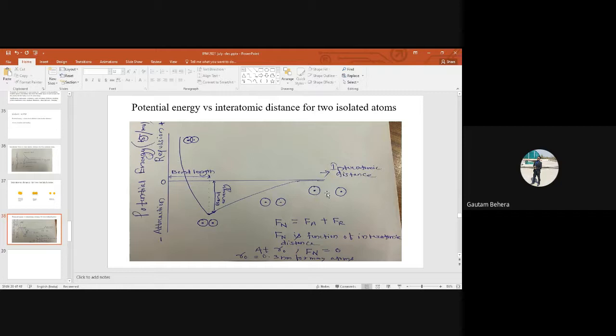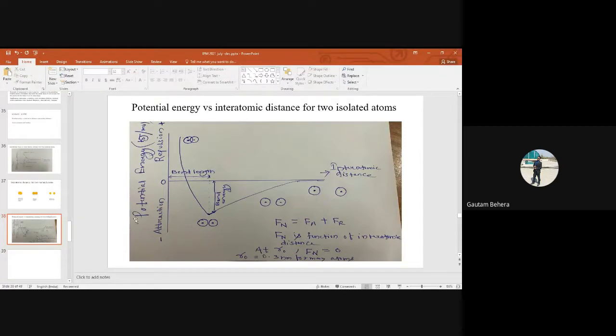Positively charged because it has neutron and proton. Neutron is neutral, proton is positively charged, so the nucleus is, you can say, positively charged. And surrounding it, they have shells, orbitals, which contain electrons. Electrons are negatively charged. So this nucleus will attract the electrons, so there will be a dominating force, an attractive force.